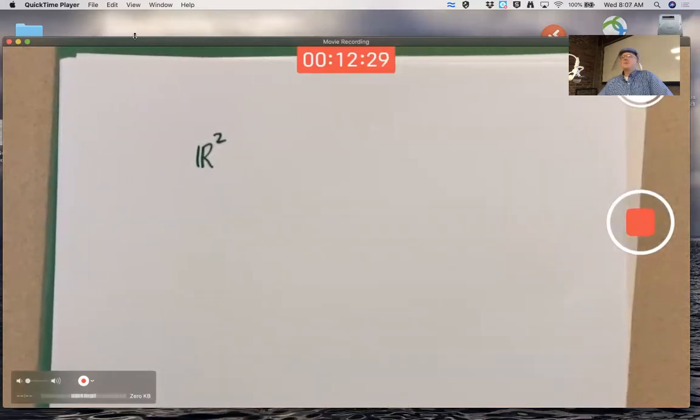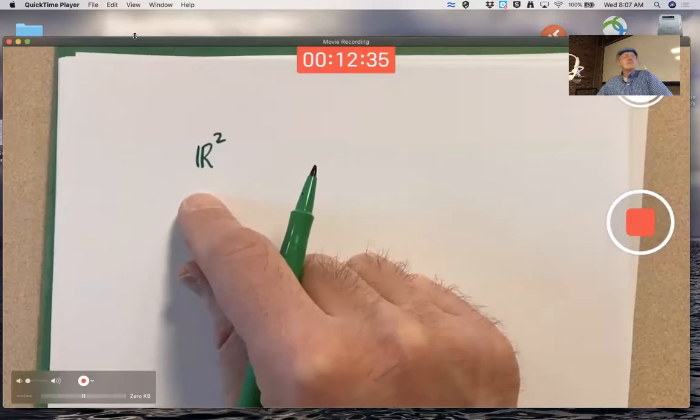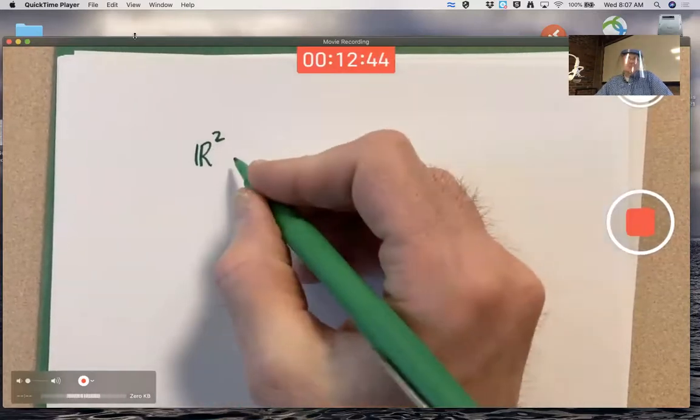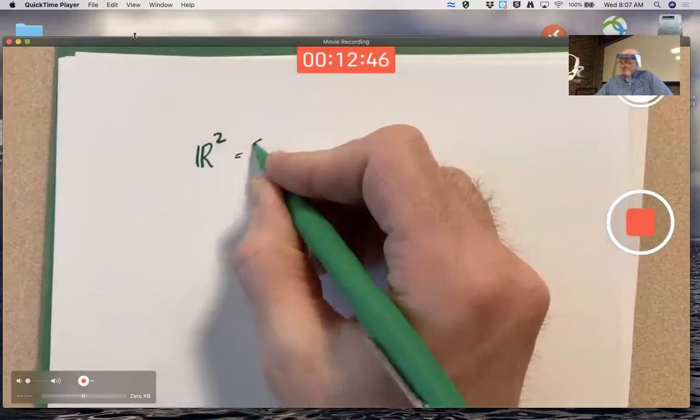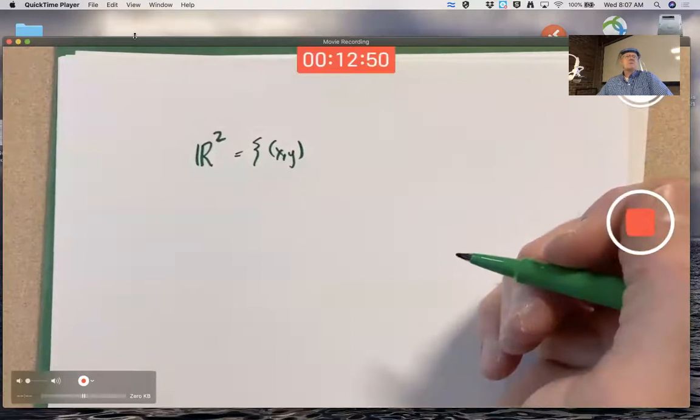Now, when you see this symbol, there's a bunch of different ways of thinking about it. You can think of this as being the plane, if you want to think of a geometrically two-dimensional plane where every point has real coordinates. You could think of it as a set of points, a set of ordered pairs,